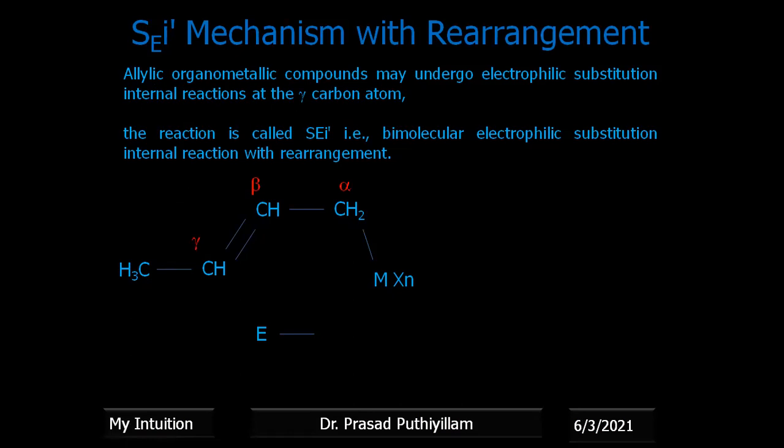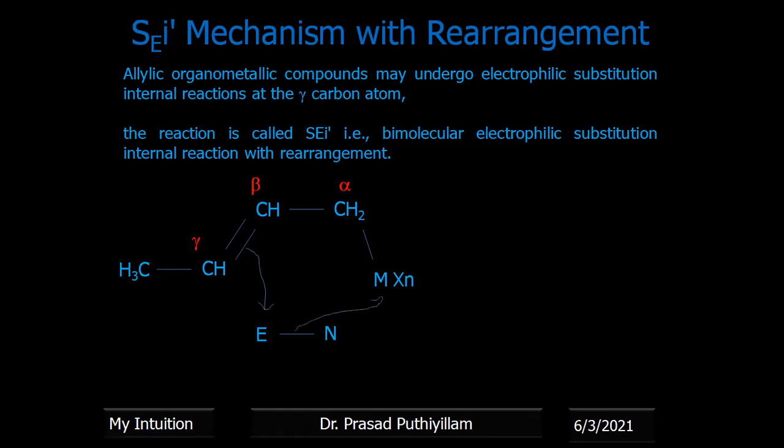Then we bring in the reagent, that is En. At the gamma position, the electron density is there. Here E is the electrophile. That means it is electron deficient, because N takes the electron. It forms a bond with the metal. Then the pi electrons shift towards the electrophile. Okay, the electrons go to the gamma carbon first. The pi electrons move to the gamma carbon.